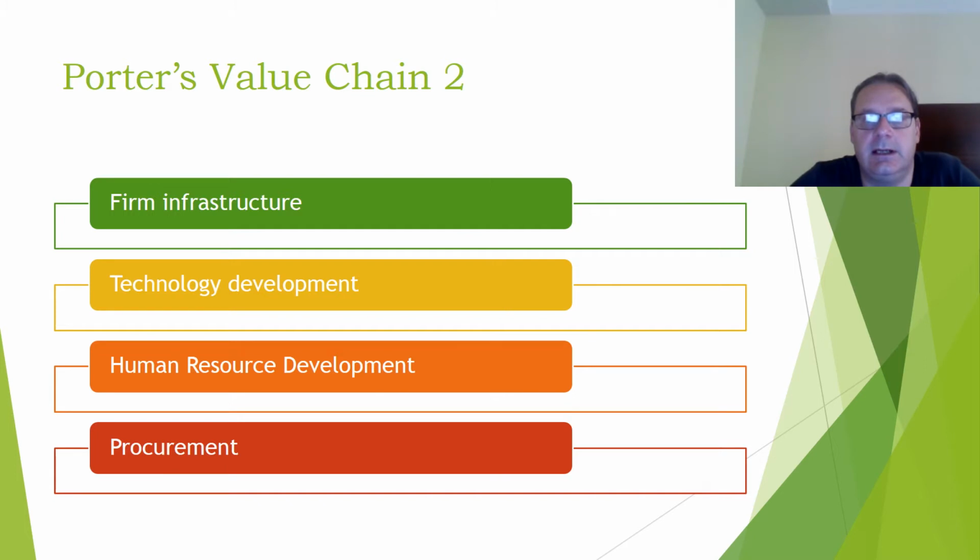It's not completely clear how that, from Michael Porter's theory, adds a cost. But if it's a bureaucracy, then the additional work that's required, administrative work, will add a cost. Technology development, I think, is fairly straightforward. I've written here human resource development, but it really means human resources. What's the role of human resources in all of this? And what's the cost of human resources? And finally, procurement. Personally, I don't think in the 21st century that human resources and procurement should be relegated to minor parts of the firm, but back in the day when this was being developed. Right, so those are the 4 things there. In terms of the exam question, the guy actually gave you the picture, so therefore you don't even have to learn this stuff.